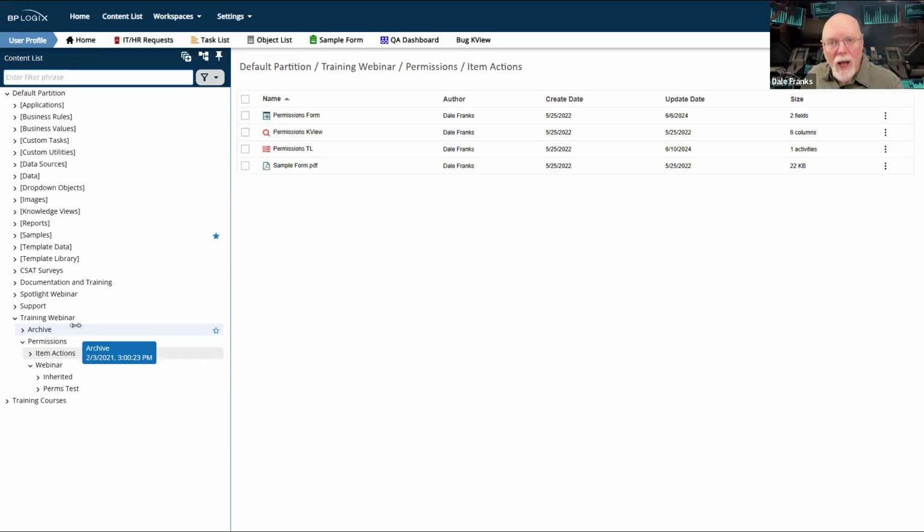But once I upload documents, I might want to give anonymous users access to a knowledge view that displays the list of documents, and I might want them to be able to see the documents. For example, I might have a series of policy documents or marketing documents or whatever that I want anonymous users to see, and I want to be able to give anonymous users access to it from outside my system. So I don't want them to play around in anything that has to do with the process of uploading and approving those documents. But at some point, I do want anonymous users to be able to access those documents.